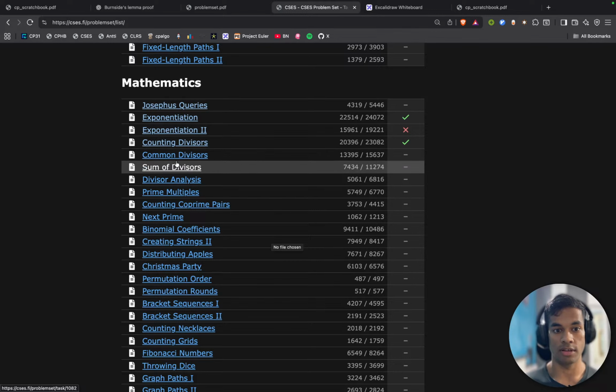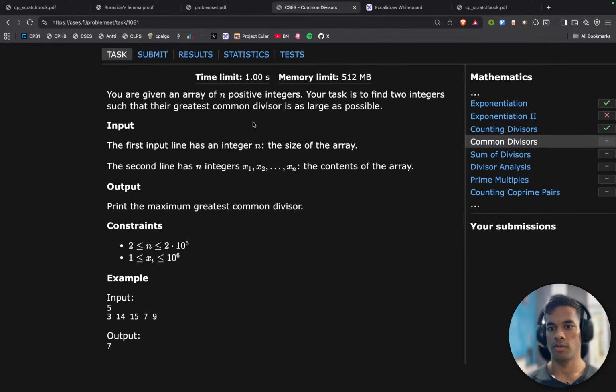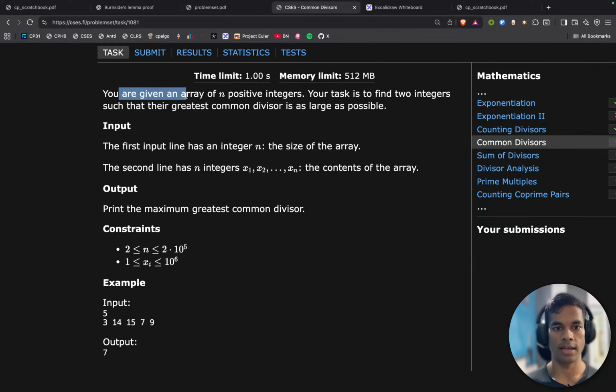Common divisors, sum of divisors. See this one, common divisors. You are given an array of n positive numbers. Your task is to find two integers such that their GCD is as large as possible. The straight up O(n squared) approach is what comes to mind. The first input line is this, and